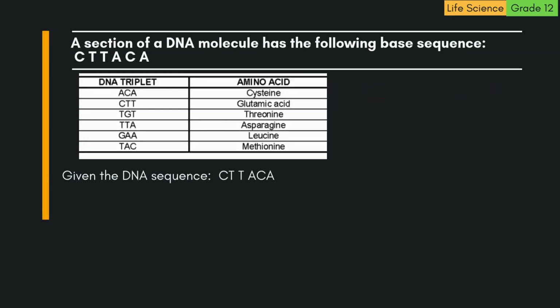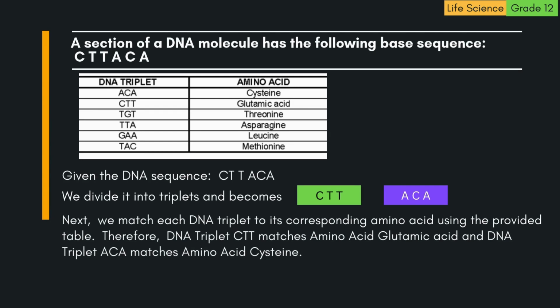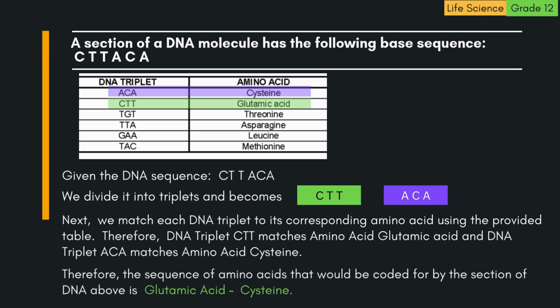Given the DNA sequence, C, T, T, A, C, A, we divide it into triplets and become C, T, T and A, C, A. Next, we match each DNA triplet to its corresponding amino acid using the provided table. Therefore, DNA triplet CTT matches amino acid glutamic acid and DNA triplet ACA matches amino acid cysteine. Therefore, the sequence of amino acids that would be coded for by the section of DNA above is glutamic acid,